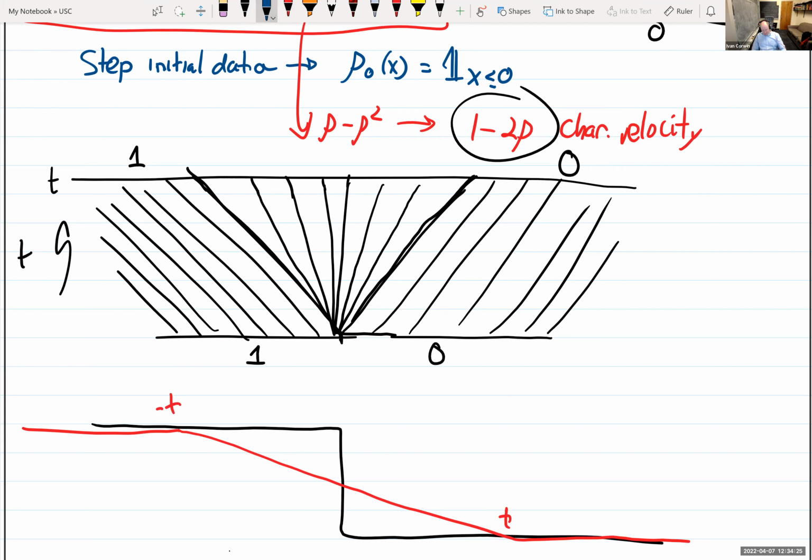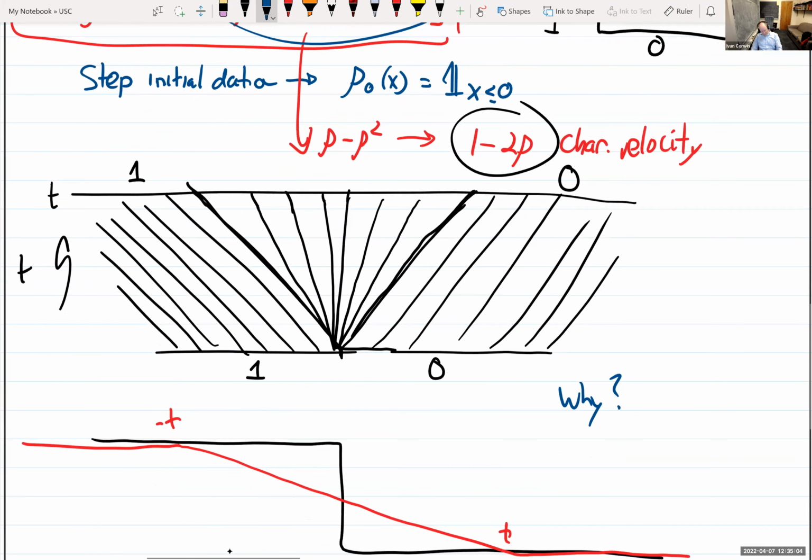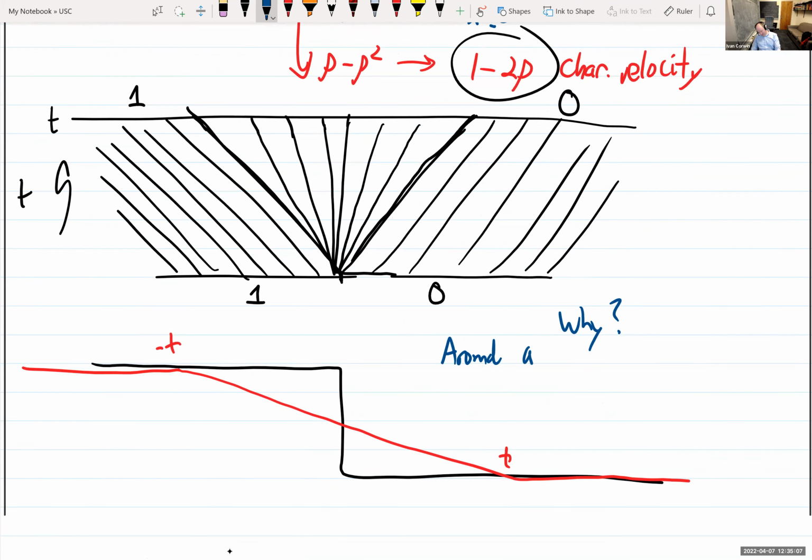Now, a natural question is why? Why is this the right equation, for instance? And then, of course, why do you make sense of it in this way? Let me just give you an explanation that starts you in the right direction. If you imagine looking at TASEP, ASEP, whichever, and you have a density which is locally rho, what is reasonable to expect, and what is shown in various contexts, is that the local configuration around you, let's say around a location of density rho,